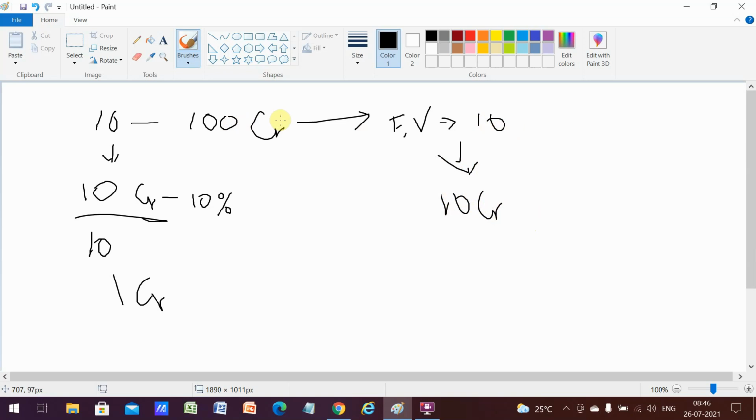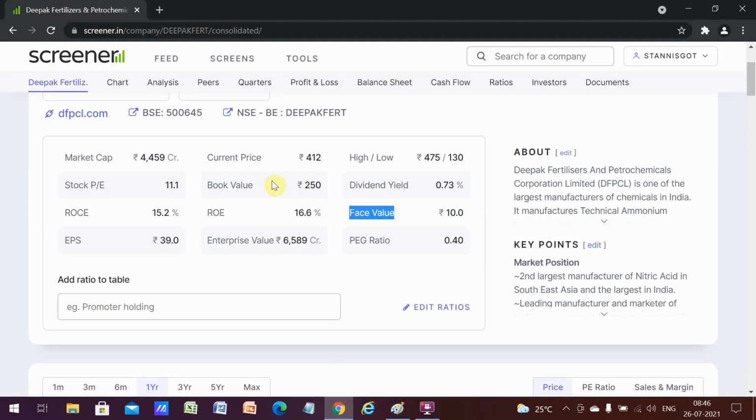So why that is important is to know what the initial price of the equity shares were when the company was first started. Okay, but now you can see the face value of some companies might be 5, might be 2, might be 1 also. So that the split and all of that I'll be explaining in the next video. This is just the basic video. So now I hope the face value thing is clear. We'll move on to the next one, that is the book value.